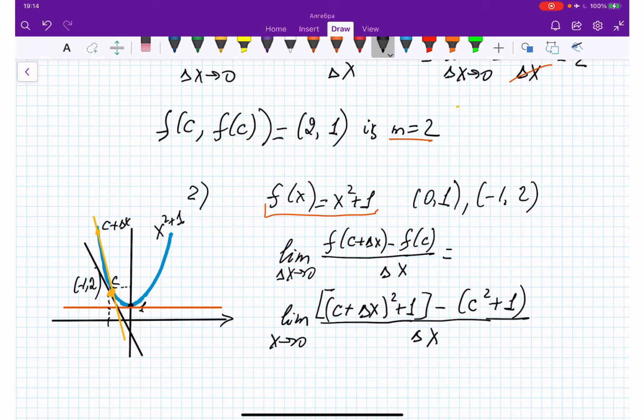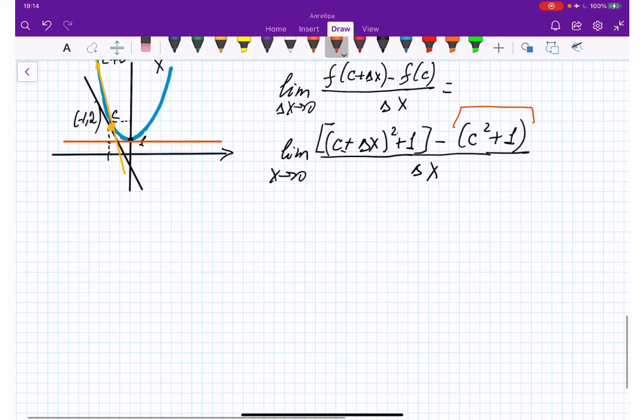This is C. And accordingly delta y. So the function at this point is going to be c plus delta x squared plus 1. So instead of x squared, we are plugging c plus delta x squared. And this one is our original function, f of the value of x is c, because it's at the point c, c squared plus 1. And divided by the difference of this displacement. Okay? So this is going to be equal